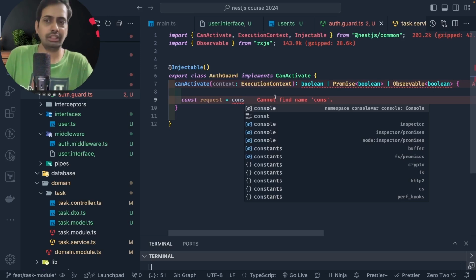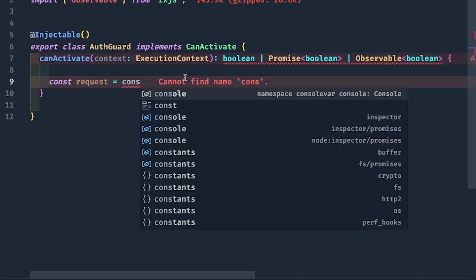That's the task of the middleware. Now, second task is you wanted to add a role-based permission, that if the user is coming with an admin role, allow the user to access. If the user is just a normal user role, stop the user from accessing the API routes. So the guard can actually be applied at a particular route level. So that's why we need a guard.